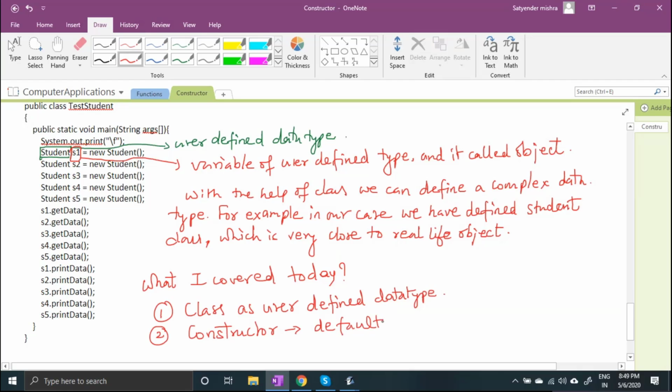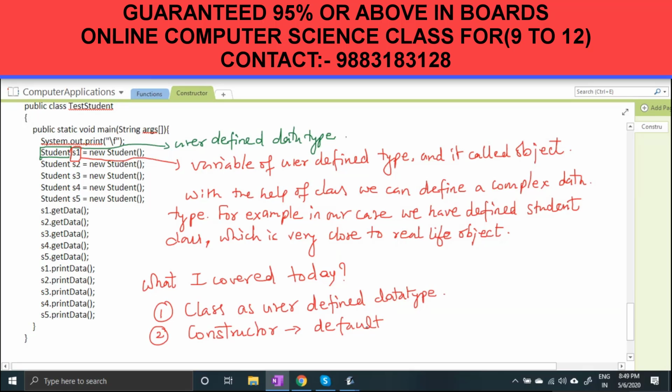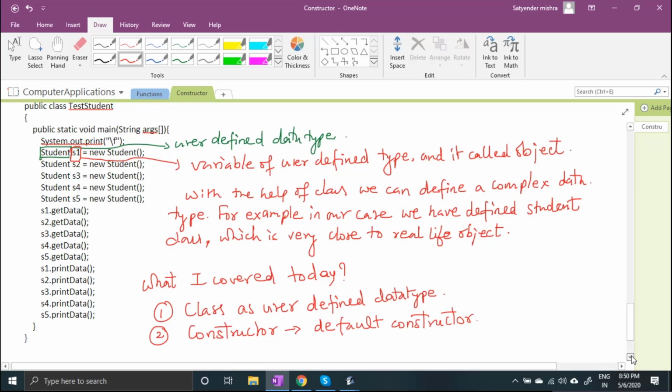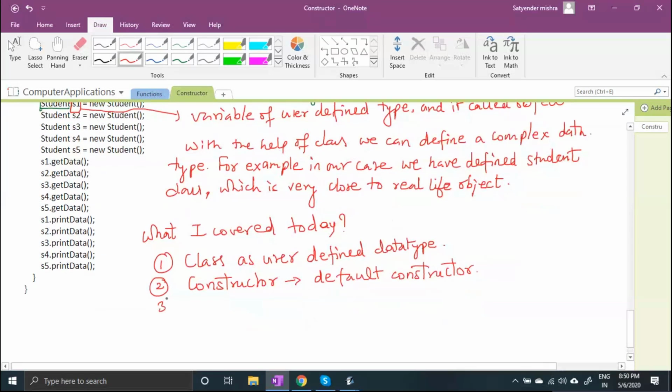There are three types of constructor, so I have covered only default constructor and how to define default constructor also.